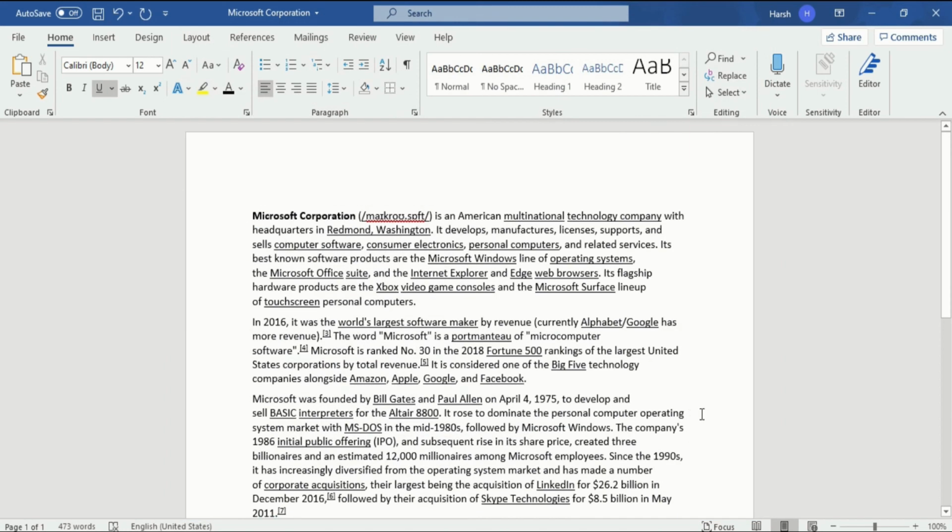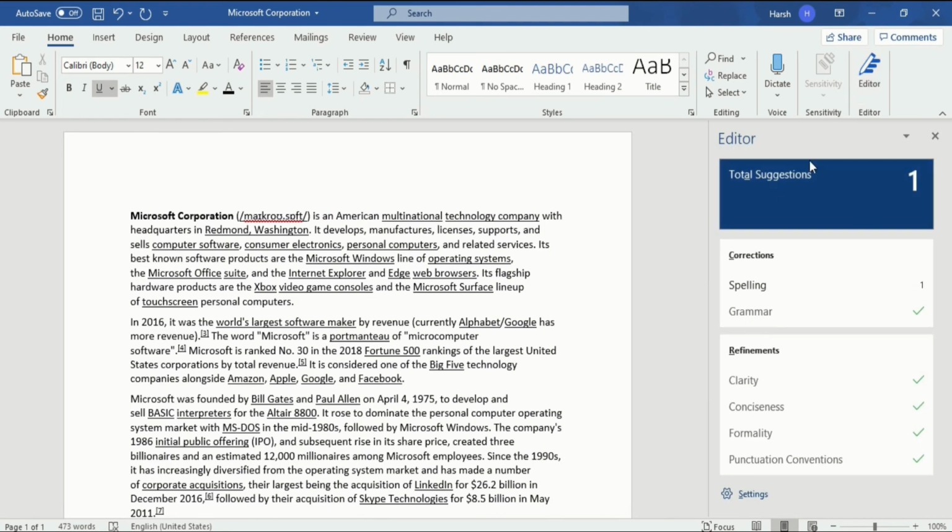I will get back to my document. Now this is our document. Now how to know the readability statistics? I have turned on the option that is available for readability statistics, so how to access it? You just have to click on Editor options. If you are using a Word version older than 2017, you have to use the spell check error. In that case, you will see the readability statistics. In the newer software after 2017, 2019, you will see an Editor option. In the Editor option, when you click on it, you will see the suggestions.